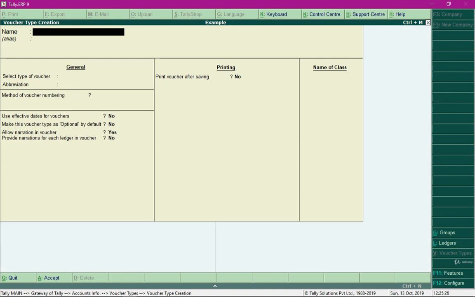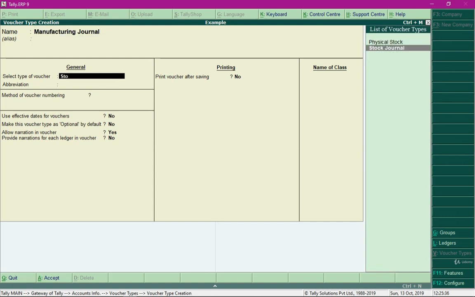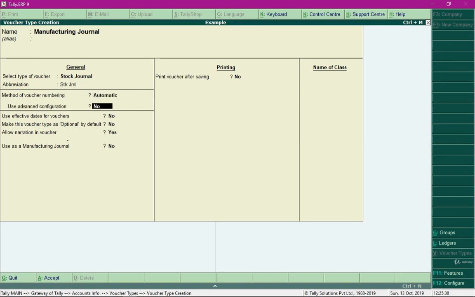My custom voucher would be named manufacturing journal, and this is a kind of stock journal which I am going to use for the sake of manufacturing. So I'll set the option use as manufacturing journal to yes, and then press Ctrl A and save the manufacturing